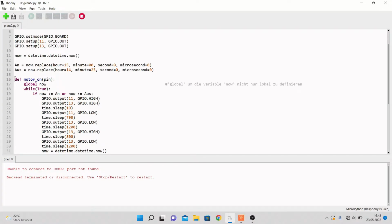Then we define an action, which is motor on, and for that you can insert any pin here, which can be 11 or 13. In the following line, which is under define motor on, we have global on, so that the computer knows that now is a global variable and doesn't only get changed locally, but I don't know either how that works or how that helps. Then after that we have a while true loop, and under that an if statement with the